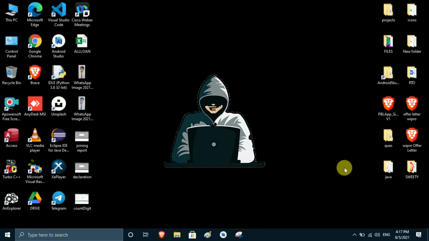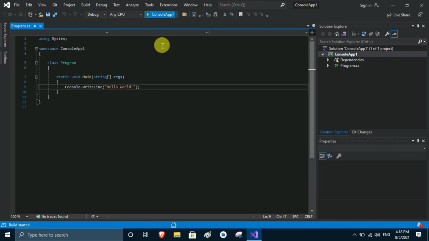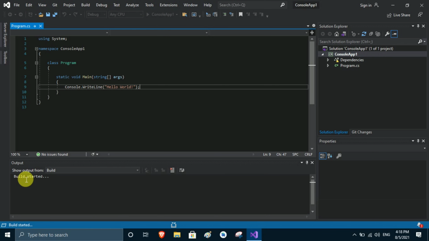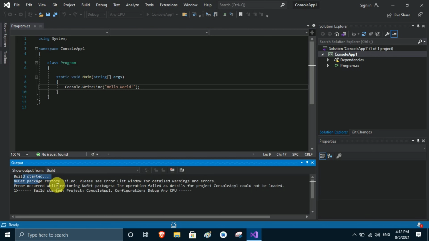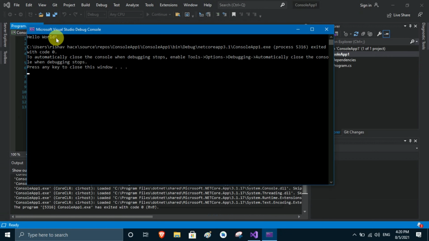We wait for a few seconds, then the window closes and it reappears, and here you see a hello world program is written for us in C# language. So we click on the play button and try to run this program. Here you see build is started and we have to wait for a few seconds. Here you see it is processing, so we wait, we scroll down to see if anything is written or not. Here you see an icon which is animating, and a console window appears in front of us, and here you see our program ran successfully and displays the hello world message.